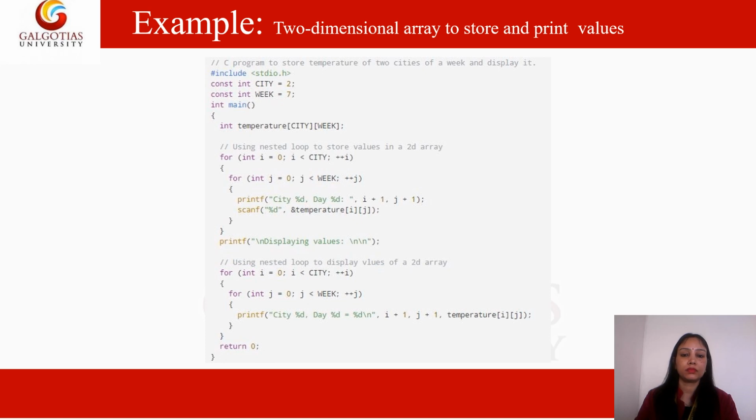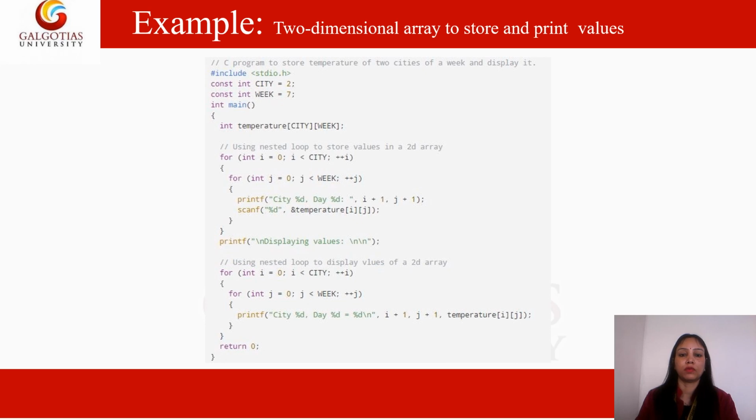Now in a two-dimensional array, we have to use a nested for loop, one loop for row and one loop for column. And you all know that elements are stored by row, meaning for one row we have to go till the last column. Nested means the first loop will be for row value, and the second loop, nested inside the row loop, will be for column.